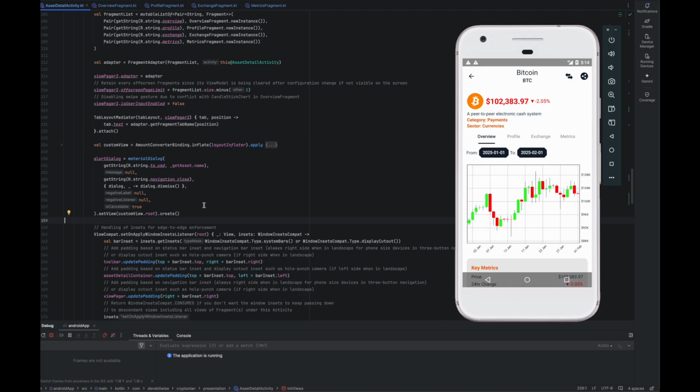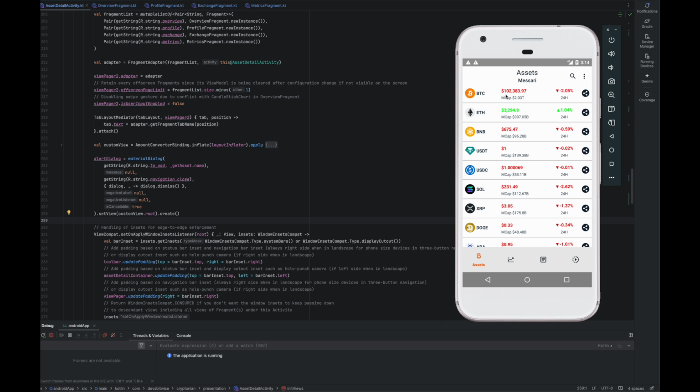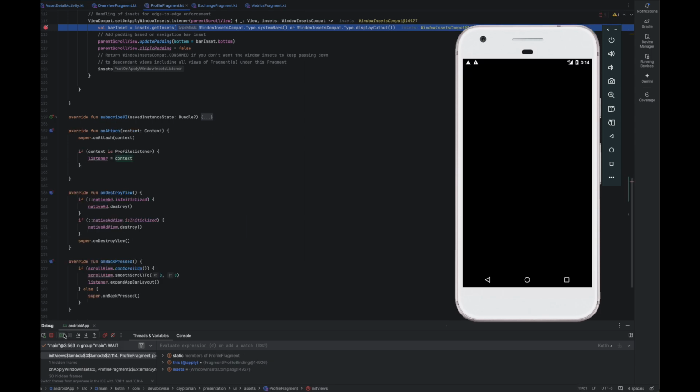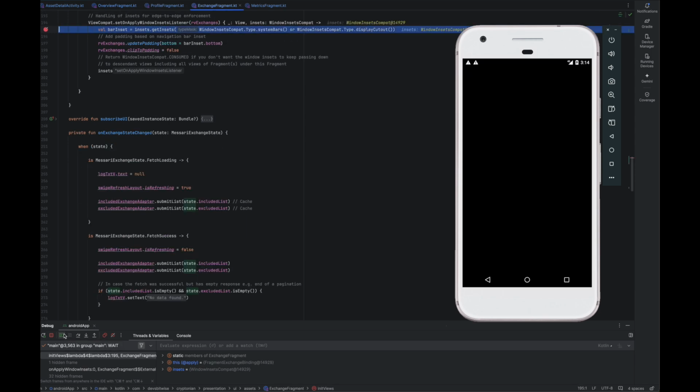So we're going to test this API first on Android 5. I will show you the first issue of this API. So now we're going back here and we're going to launch this activity. So as you can see, our first fragment received the insets, the second, the third, and the fourth, right?